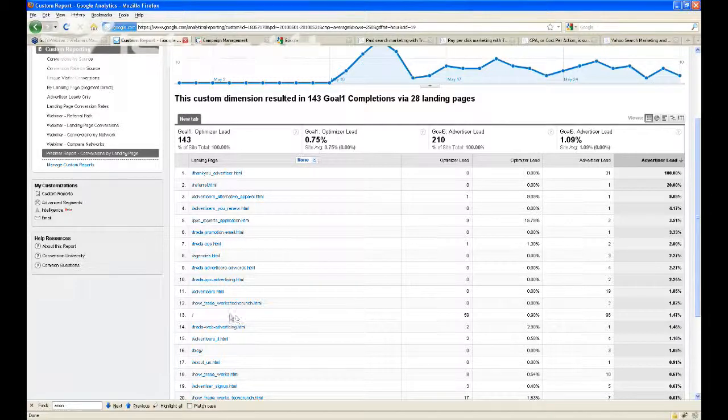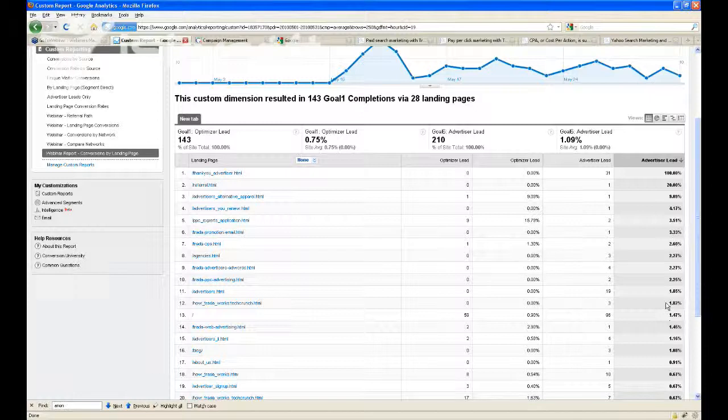So let's take a look at the simplest thing. When people come into our homepage, how many of them actually turn into advertiser leads? Well, the answer here is 1.47%. Not bad, right in the middle of that 1 to 2% range. But I suspect because we have a pretty targeted website and people are looking for things about advertising, we could do a much better job of speaking to certain types of people and get better conversion rates.